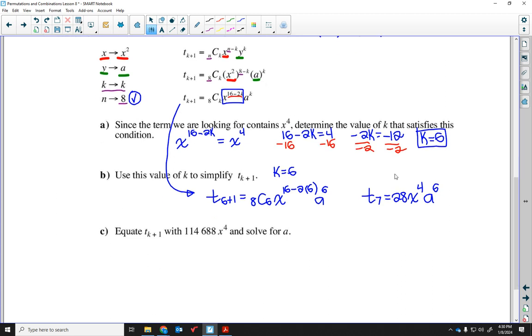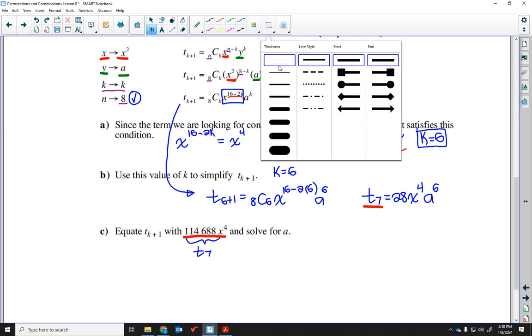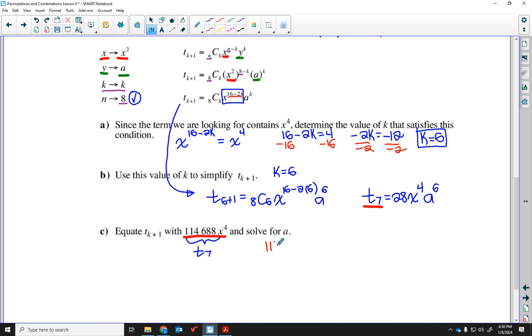Now, what we then do is, well, we actually know what the value of term 7 is, because the question tells me the value of term 7 is 114,688. So what I'm going to do is I'll take this equation. I'm just going to take this value for term 7 and sub it in here. So if I do that, it would then look like 114,688 would be equal to